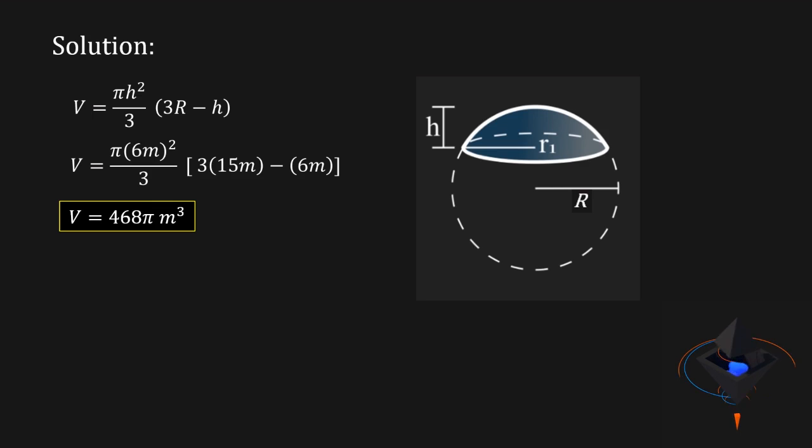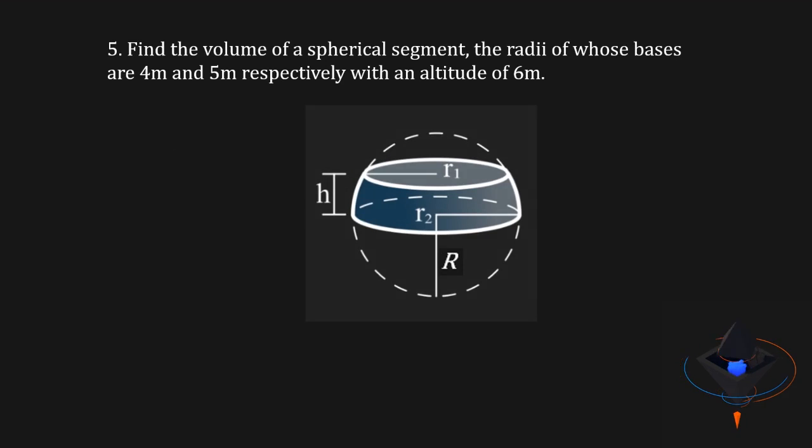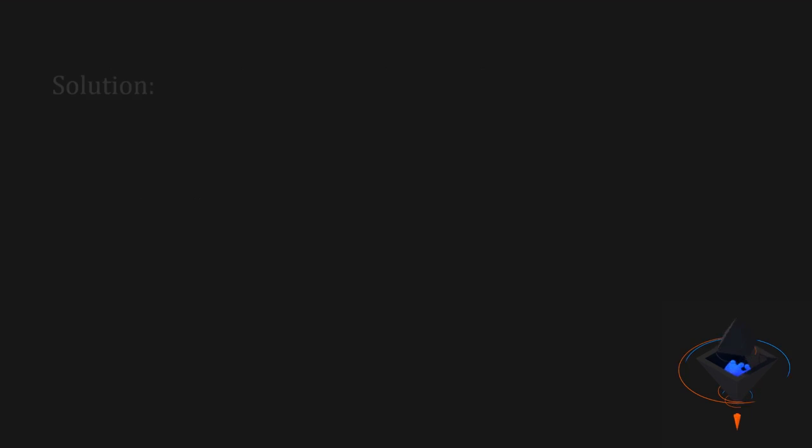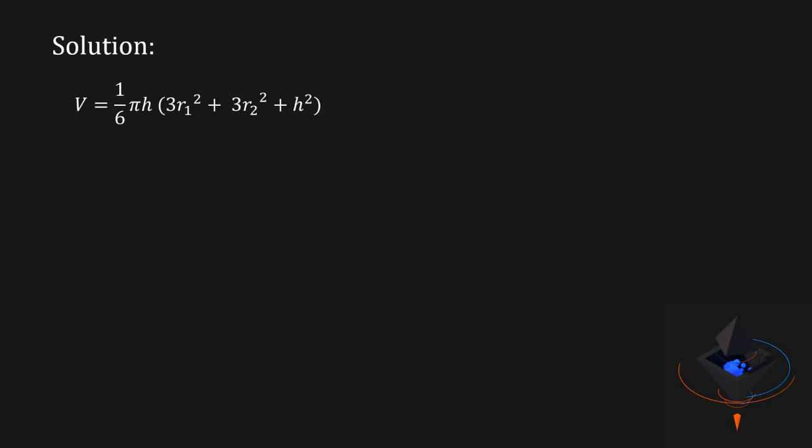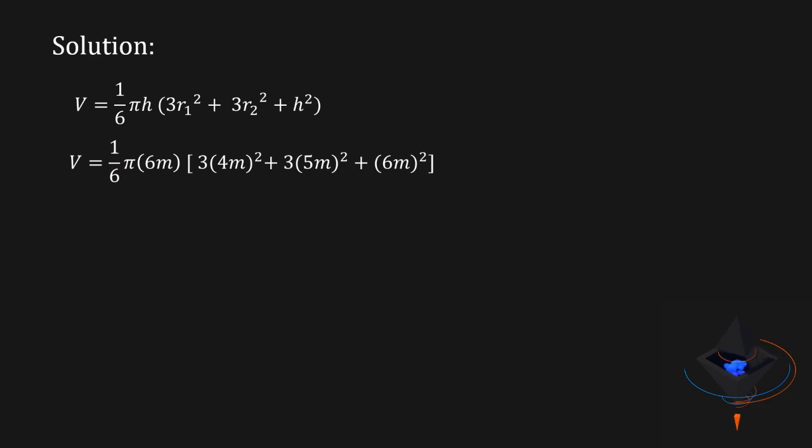pi cubic meter. For the fifth problem, let us find the volume of a spherical segment, the radii of whose bases are 4 meters and 5 meters respectively, with an altitude of 6 meters. We're given an R1 of 4 meters, an R2 of 5 meters, and a height of 6 meters. Now let's solve this problem using the formula 1 over 6 pi times height multiplied by the quantity of 3r1 squared plus 3r2 squared plus h squared. Substituting the height